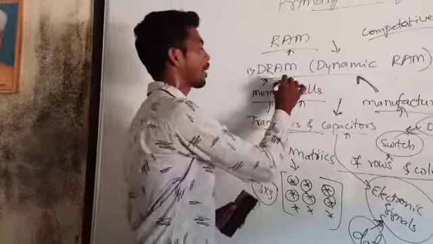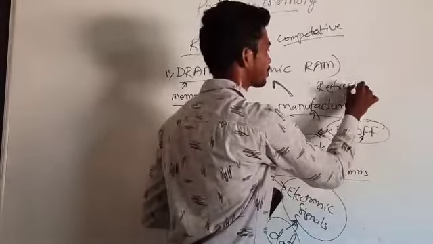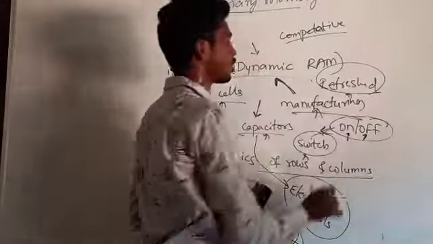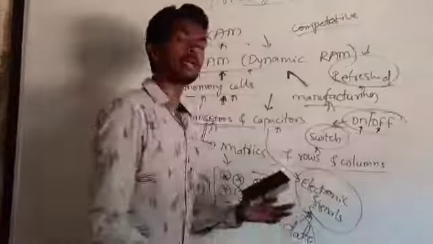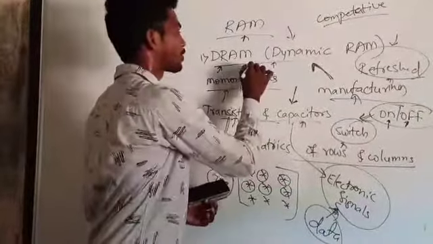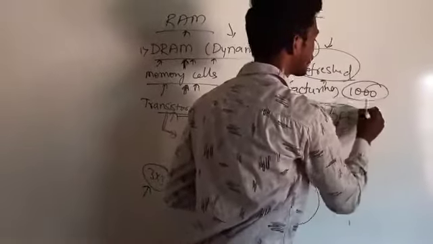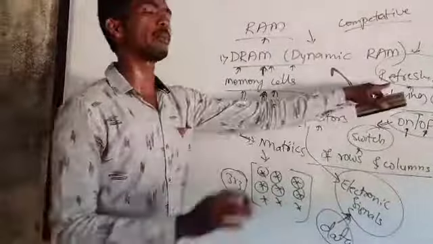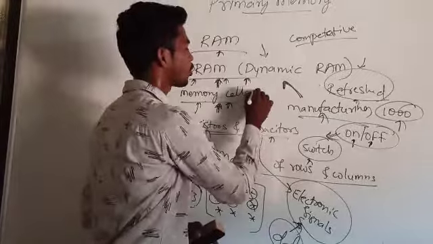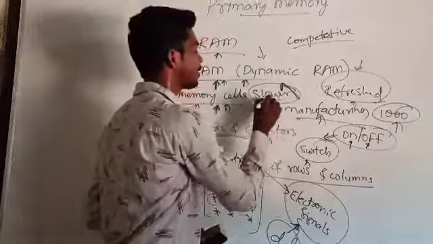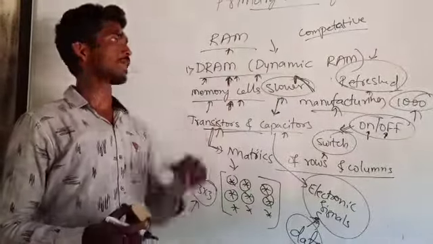And one thing about a DRAM is it needs to be refreshed all the time. It needs refreshment to keep the data stored in it. So automatically, DRAMs are refreshed thousands of times every second in the computer system, so it is somewhat slower compared to the other different RAMs. It is a somewhat slower memory. This is the one about dynamic RAM.